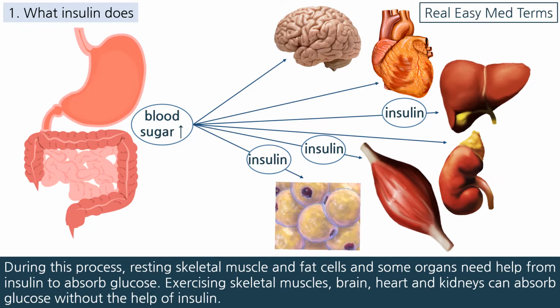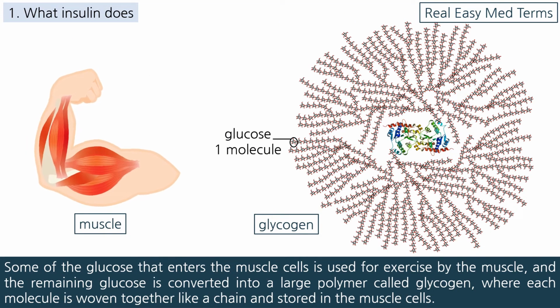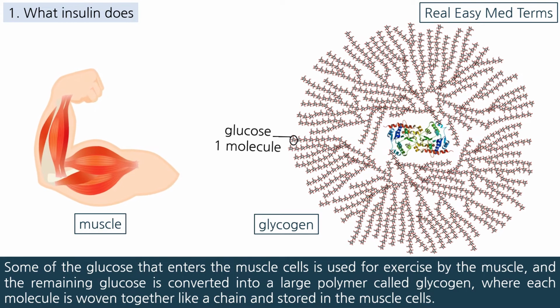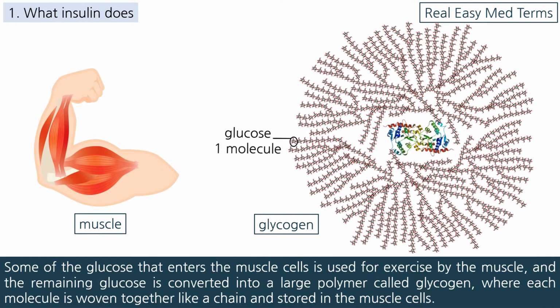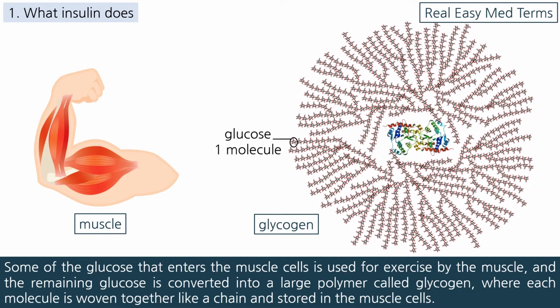During this process, resting skeletal muscle and fat cells and some organs need help from insulin to absorb glucose. Exercising skeletal muscles, brain, heart and kidneys can absorb glucose without the help of insulin. Some of the glucose that enters the muscle cells is used for exercise by the muscle, and the remaining glucose is converted into a large polymer called glycogen, where each molecule is woven together like a chain and stored in